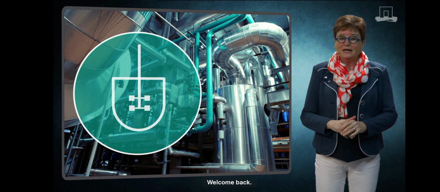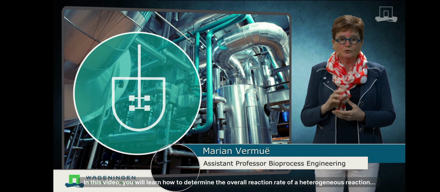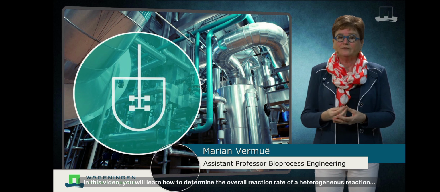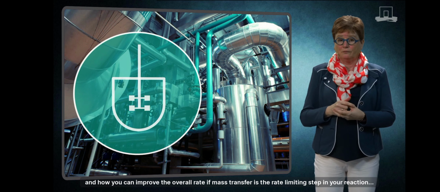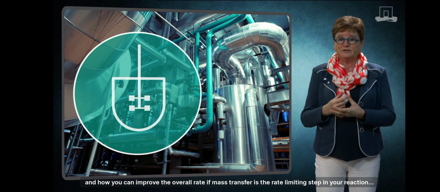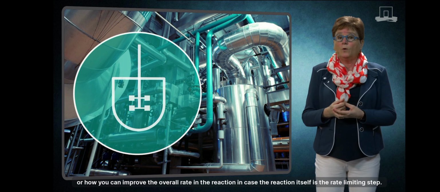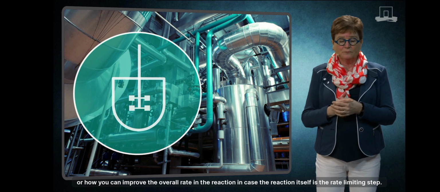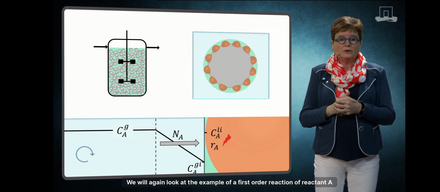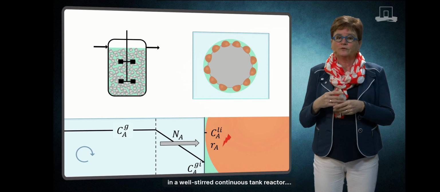Welcome back. In this video you will learn how to determine the overall reaction rate of a heterogeneous reaction and how you can improve the overall rate if mass transfer is the rate limiting step in your reaction, or how you can improve the overall rate in the reaction in case the reaction itself is the rate limiting step. We will again look at the example of a first order reaction of reactant A in a well-stirred continuous tank